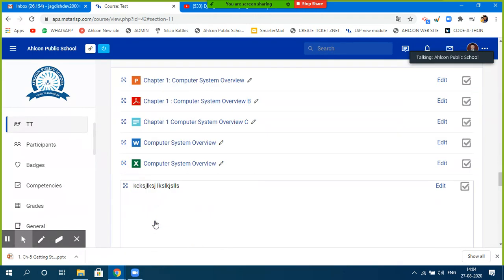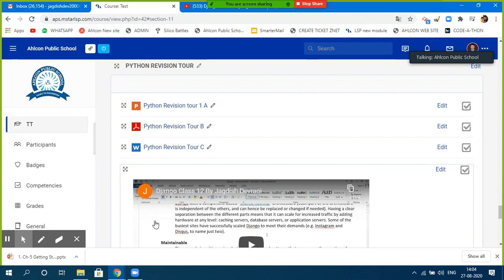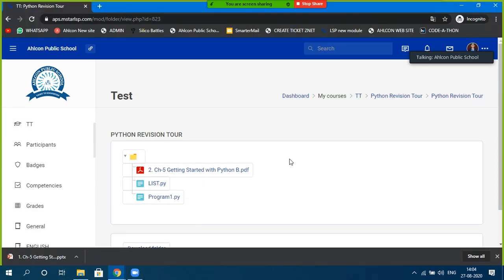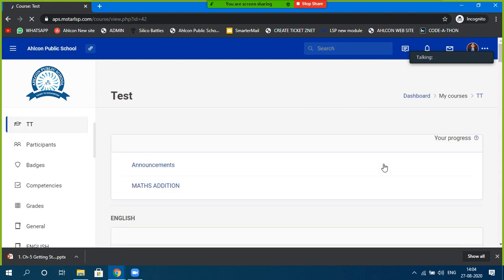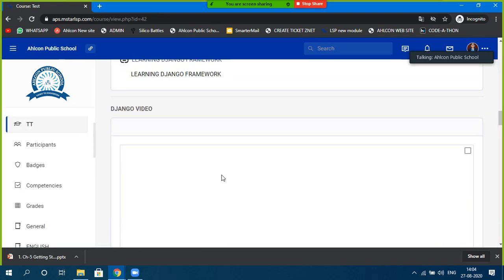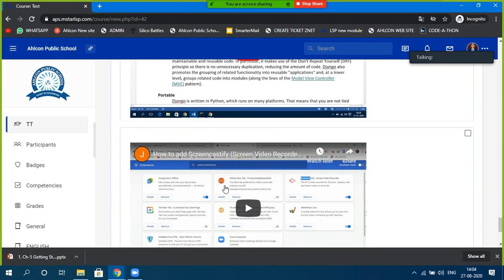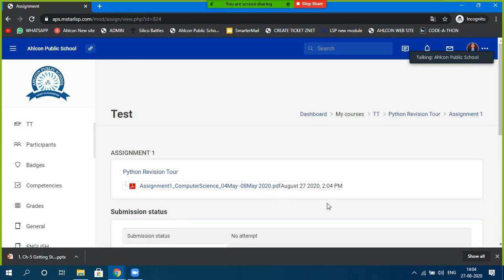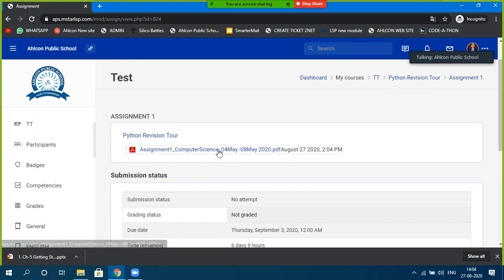All those students who are mapped to this class will view this assignment. Okay, the assignment has been created. This is assignment 1, right? Now I will go to the student view. This is the students view. I'll click on the refresh button so that the page will be refreshed. Click on this test, and automatically it will come to this. This is assignment 1. Click on assignment 1. This is the assignment which has been submitted by the teacher, right?